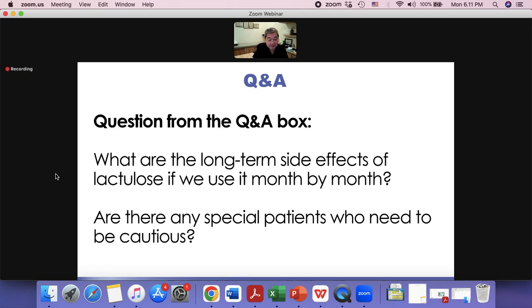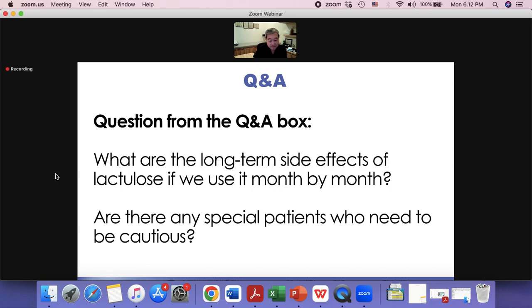Professor Nakajima? Yes, in Japan, lactulose is not commonly used, because the physician does not want to use lactulose because most of the patients complain of bloating. So that is a serious problem for the Japanese patients. Thank you. I think to me that's the same problem with fiber. That's why I'm not totally in favor of this push to increase dietary fiber because it causes a lot of bloating. And I think bloating is one of the biggest things that affects the quality of life of patients with chronic constipation.